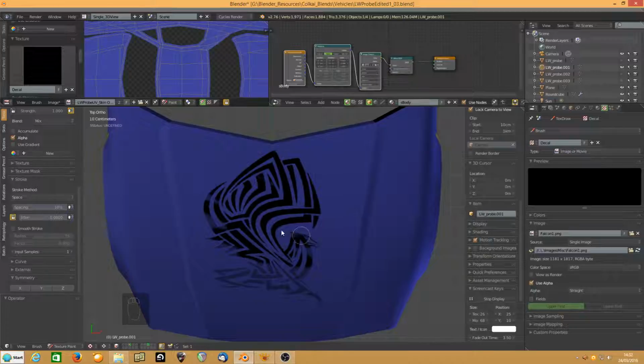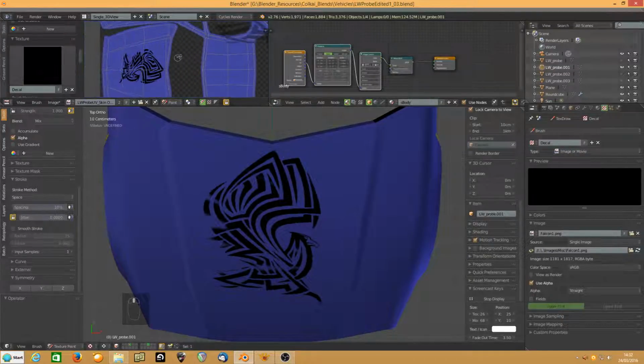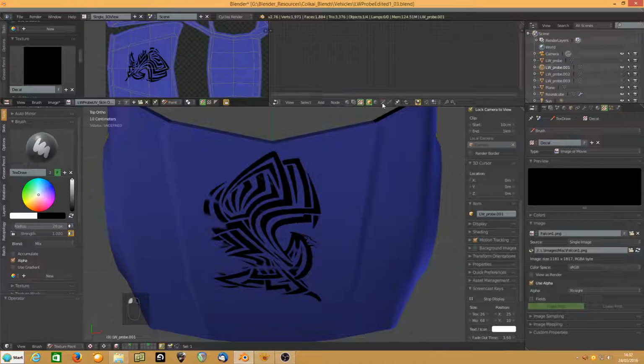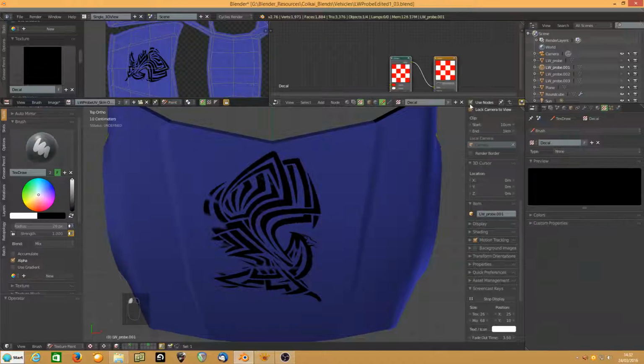And I'm painting, and I'm painting, but it's black. I don't want black, I want white. Why isn't it doing white? The answer to that is simple: the actual stencil itself is black rather than white. And so rather than having to go out, take the image in an image program, invert it so it's white, I found out the other day, if you go here, choose texture, go there, choose brush, use nodes,